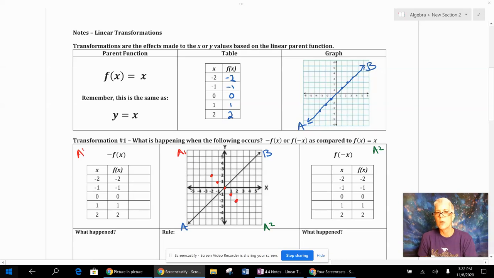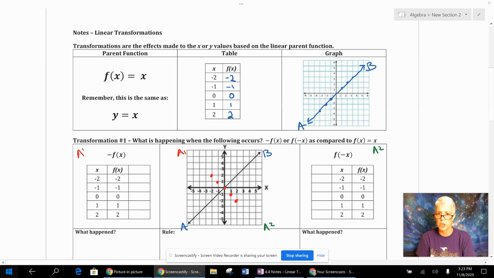Hey guys, today we're going to be talking about linear transformations. Now, you did transformations last year. Most of the time it would just be an ordered pair or maybe a two-dimensional object on a coordinate plane. We talked about reflections, translations, dilations. So today we're going to be applying some of the same principles, only this time we're going to be applying